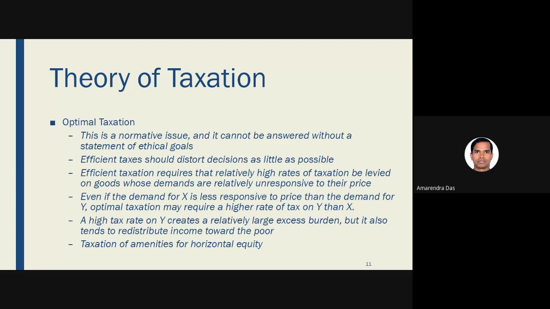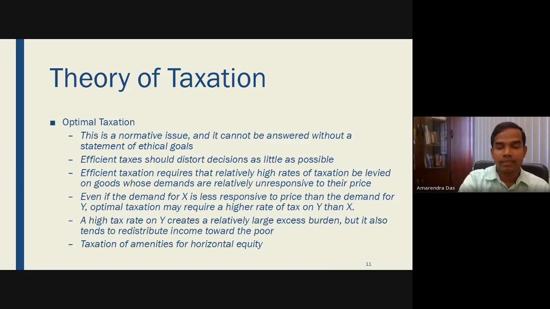So how is that possible? This is a very difficult objective, two objectives which are very contrary to each other, but there has to be a balance between these two, and that is basically optimal tax. A tax that maximizes the revenue and reduces the excess burden, or creates the minimum level of distortion in the market. Okay? That means your substitution effect is minimum.